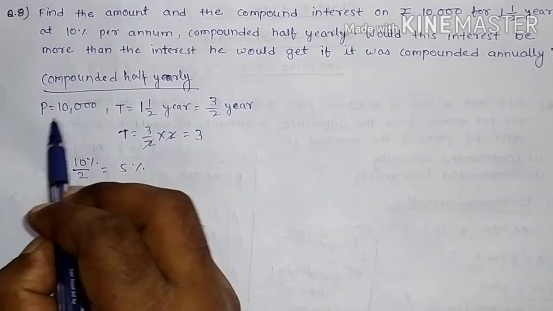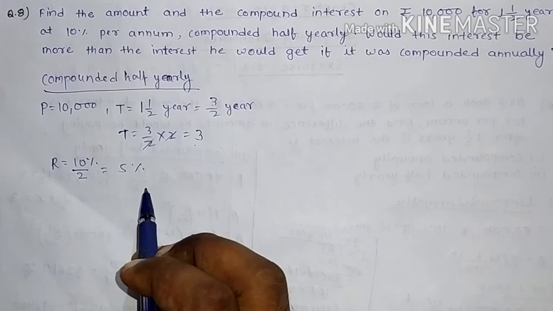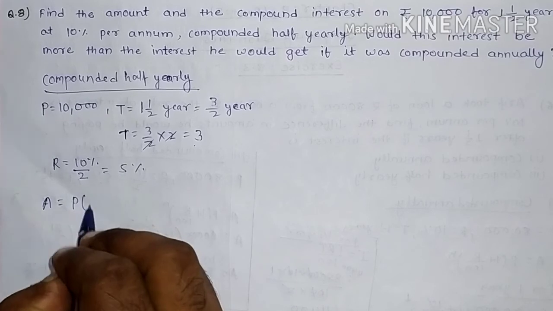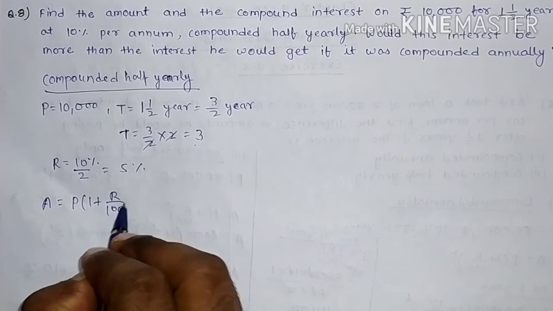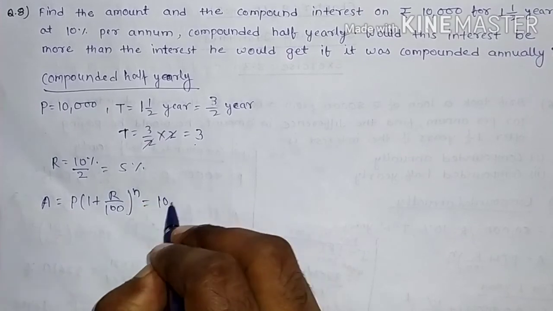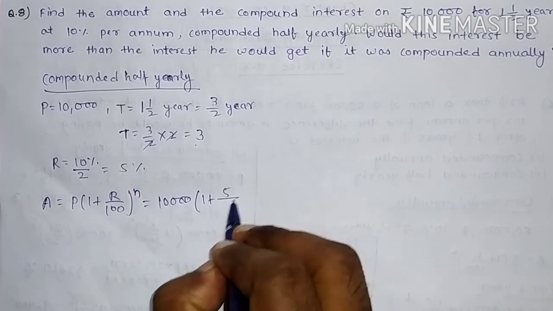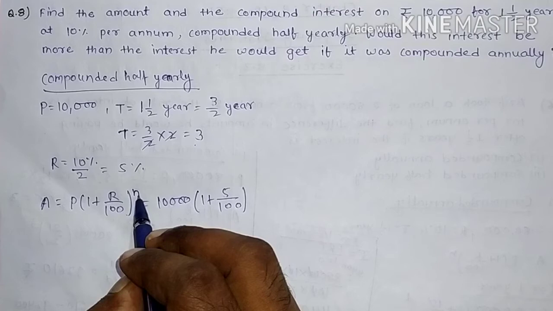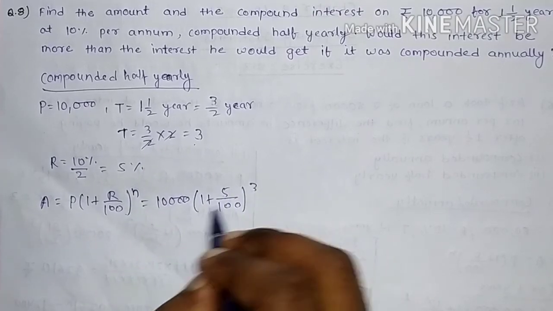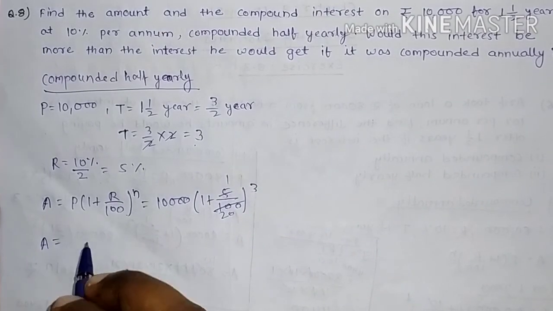Now principal is 10,000, time is 3 half year, and R is 5%. And here we have to find amount. So amount is formula P(1 plus R upon 100) to the power n. Now just put the value. So P is 10,000, 1 plus R is given 5% upon 100 to the power n. N is given 3 half year, so this is 3 year. So just simplify it, 5 1 5, 5 2 10, 0. Now A equals to